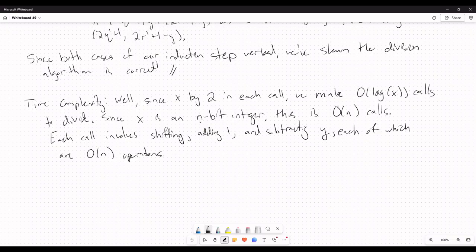Because shifting, adding, subtracting, you at least need to read the number, which takes O(n) operations, and then each of these things just involves moving the number, basically shifting it in an array, or maybe changing one entry, and subtracting, adding, subtracting, you can also show that that is a linear time operation. So, since we make O(n) calls and each takes O(n) time,